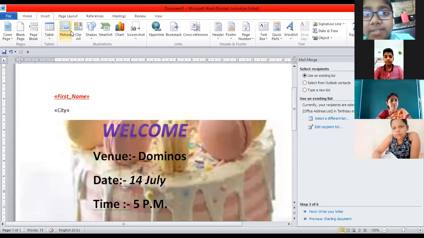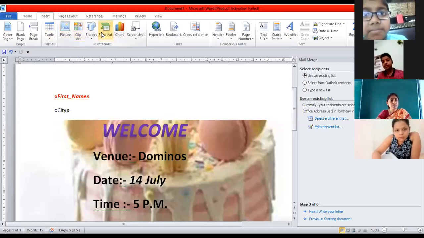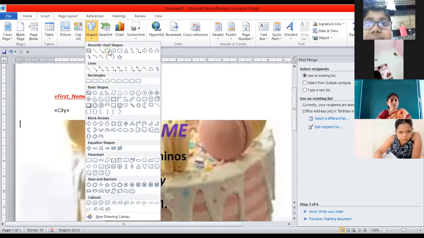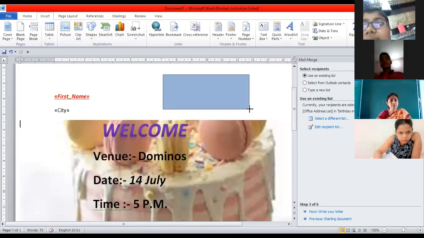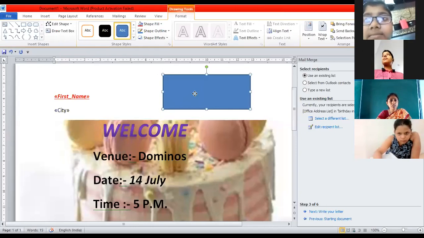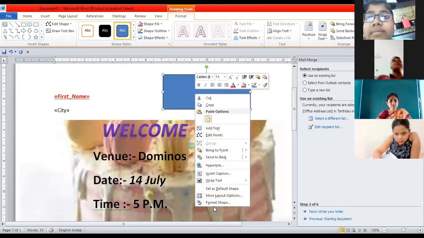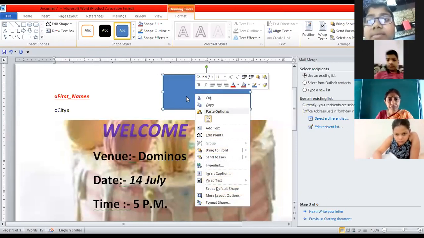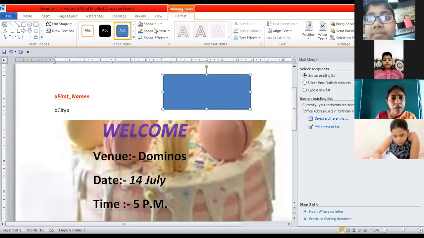See here. Insert a shape. Just suppose a rectangle is there. Now right click on this and make it empty. This is selected. Now here you can see that fill is there.